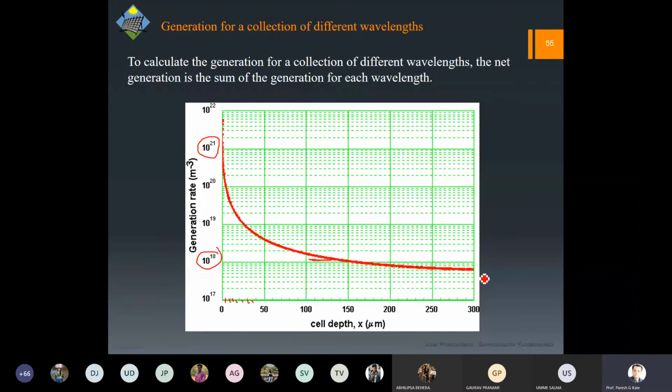the previous graph. Of course, the earlier graph was a bit misleading in the sense that the red generation rate almost got nil at about 40 to 50. But that's not the point. This is the real curve, because it takes into consideration many more wavelengths. So now you can appreciate what I'm talking about, the thickness and saving of the material, much better. If this is 10 raised to 18, this will be 0.7 into 10 raised to 18.